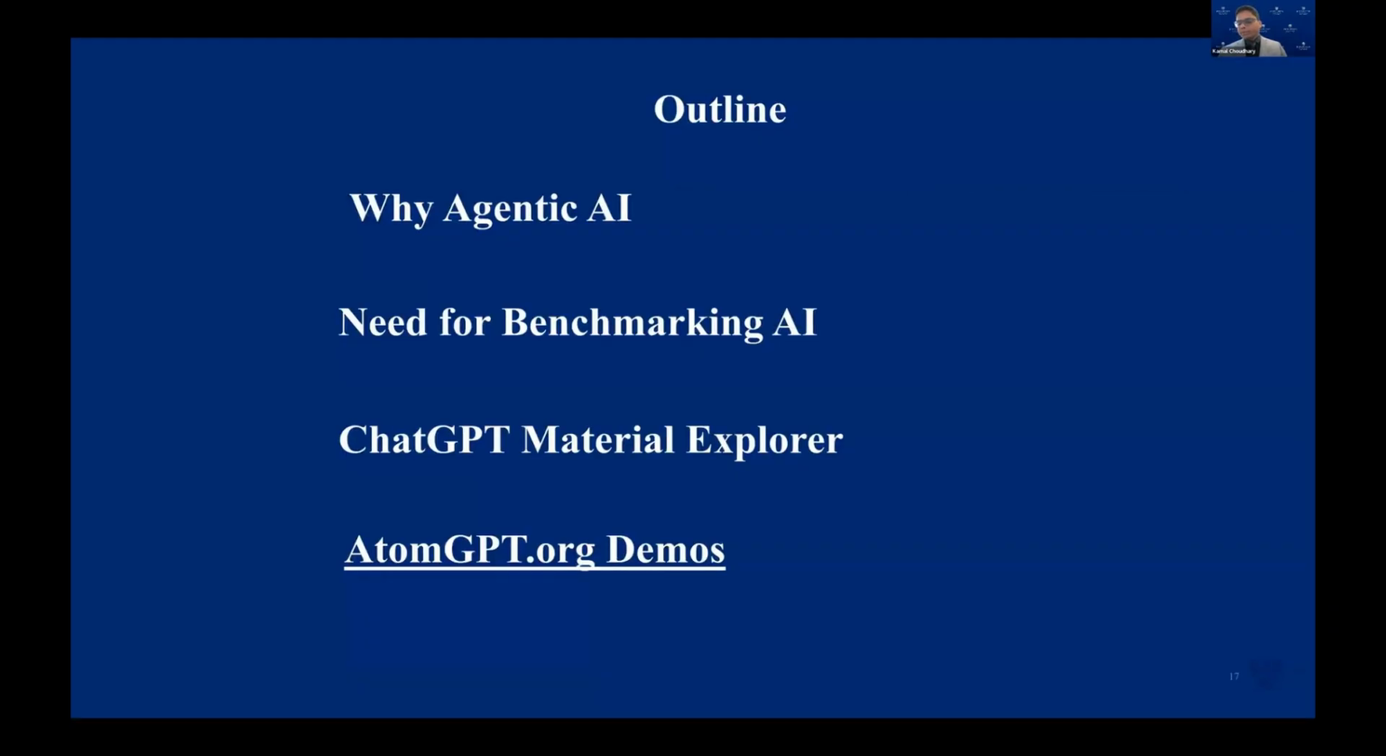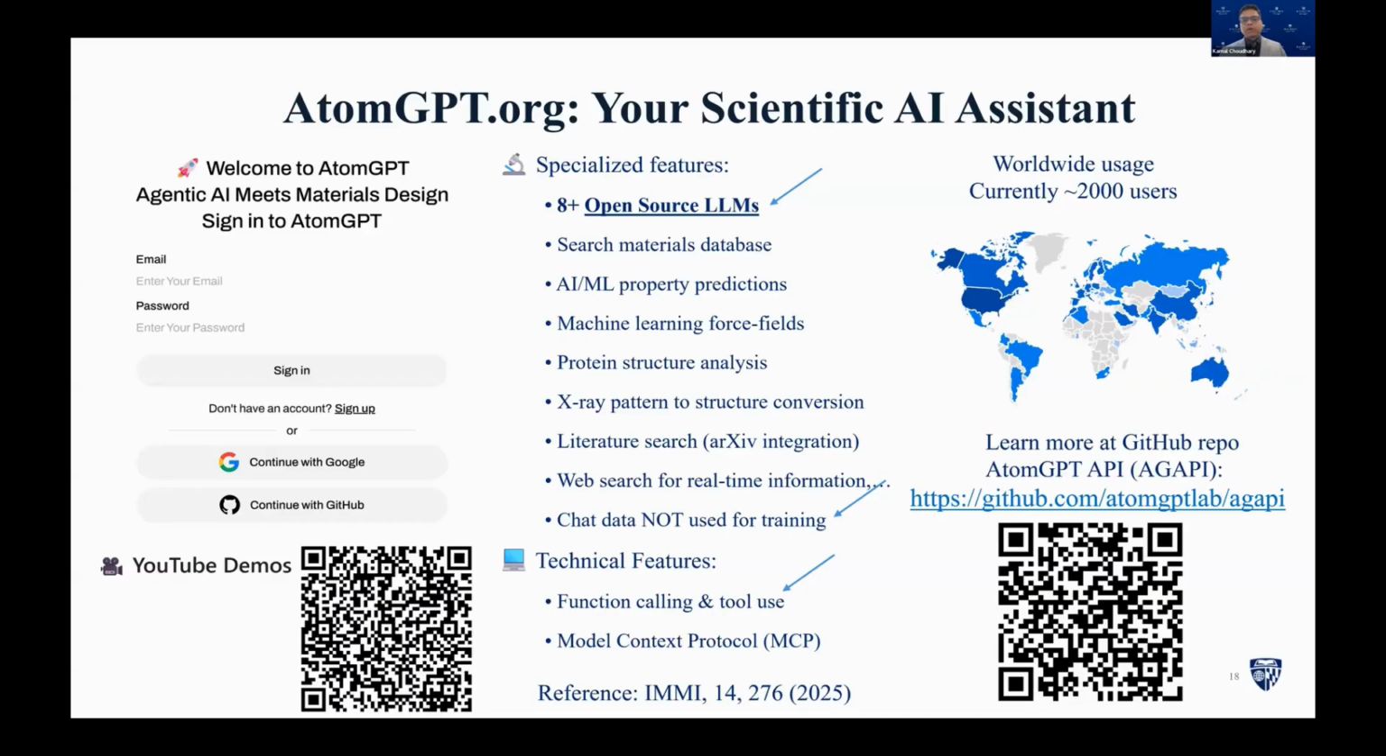So this ChatGPT Material Explorer, although it's built on ChatGPT, is working under the hood with the model ChatGPT 5, but we don't have access to ChatGPT 5. This is why that led us to build an open source analog, or open source version, of ChatGPT Material Explorer on atomgpt.org. If you go to the website, you can log in with either your Gmail, your GitHub,